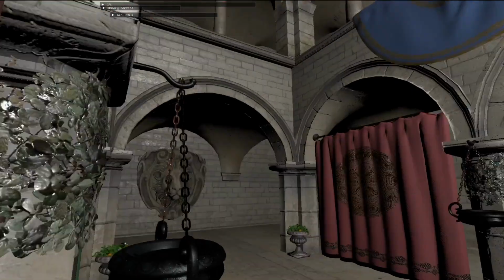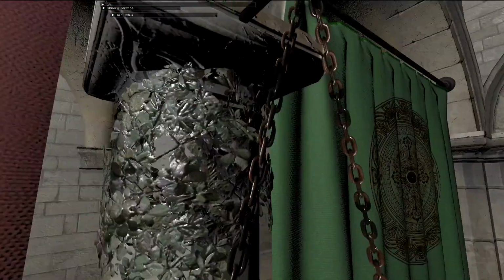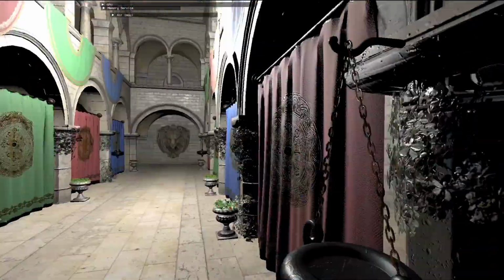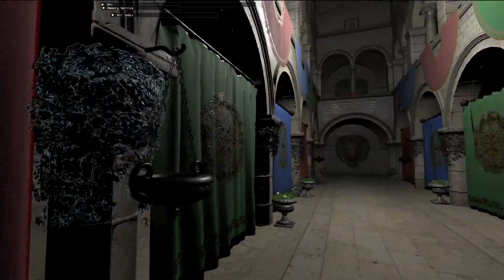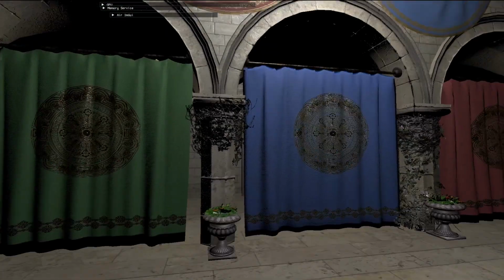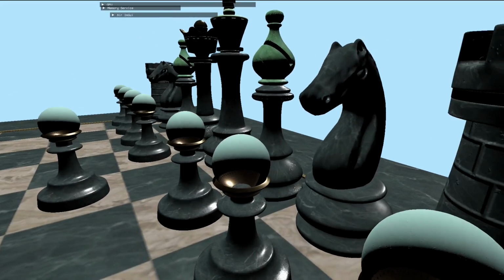So if I take you to one side, and then the other, you'll see that things are being rendered correctly. We actually need to order the transparency back to front. So if I take you to this model where I haven't ordered them, you'll see that there are some weird artifacts. I haven't quite cracked translucent materials yet, which is pretty clear in this chess model.